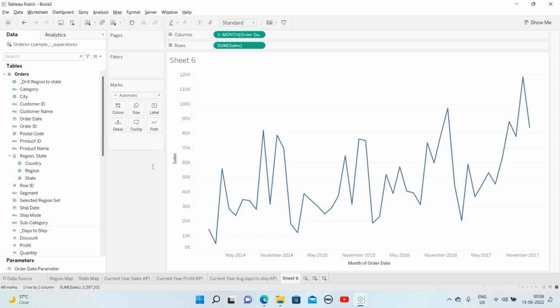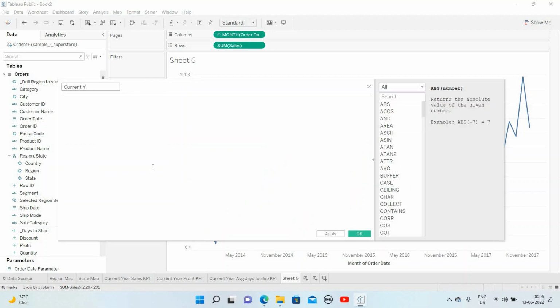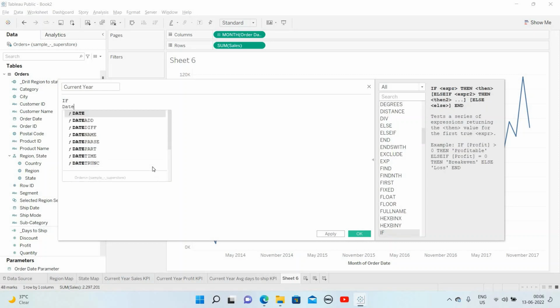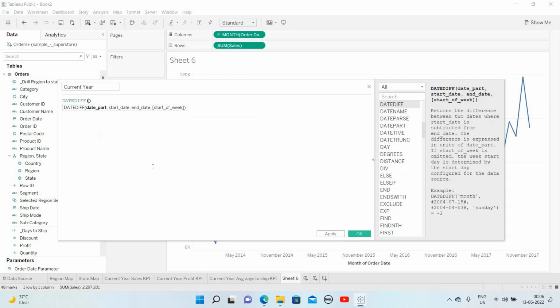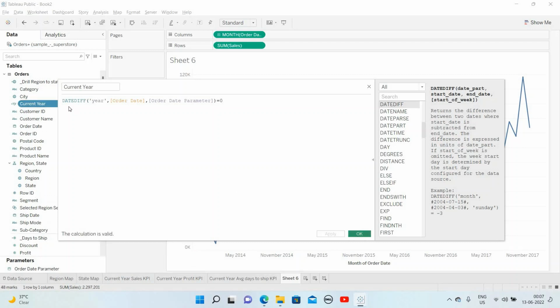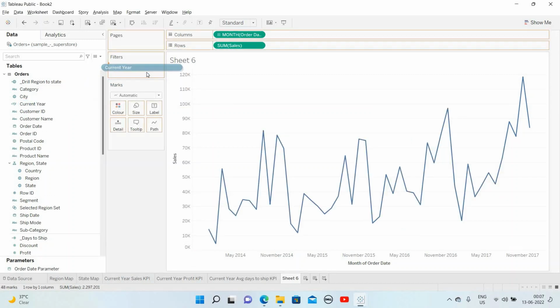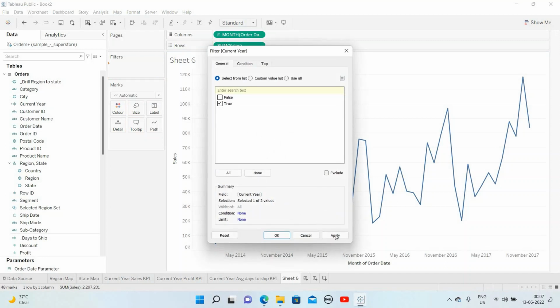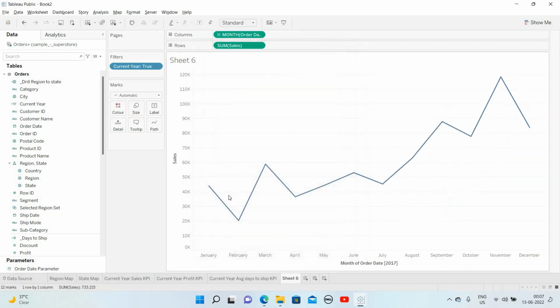So for the current year, let's create a calculated field. Current year, not if, date diff, year, order date, parameter is equal to 0. So it will give me the boolean calculated field. Drag it to the filters, click true, apply, OK. So now it's showing me the current year, which is 2017. See,